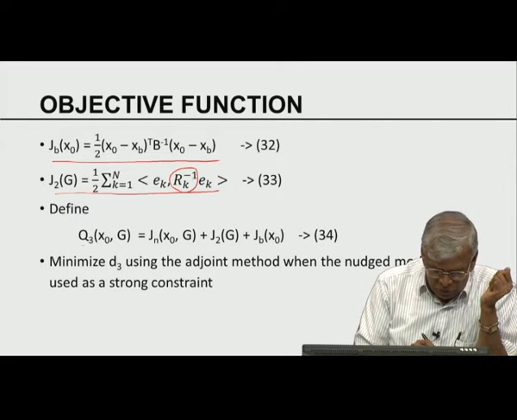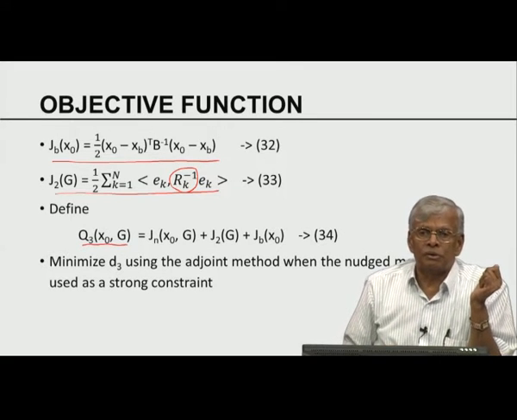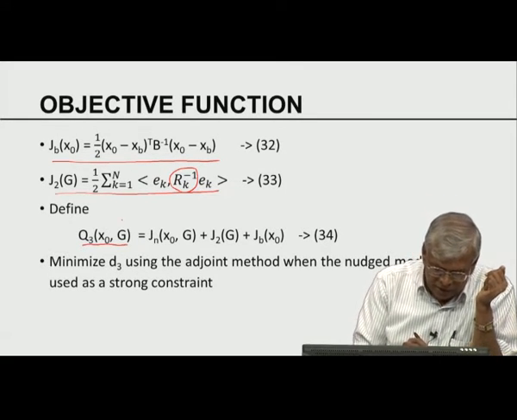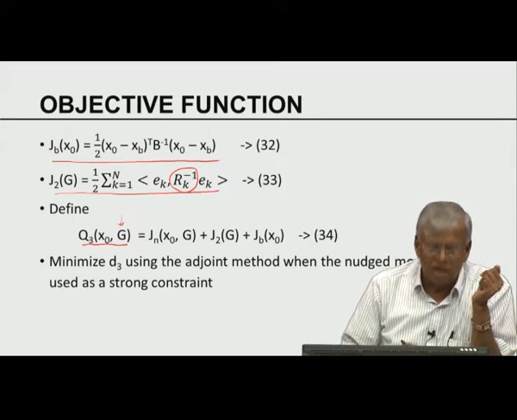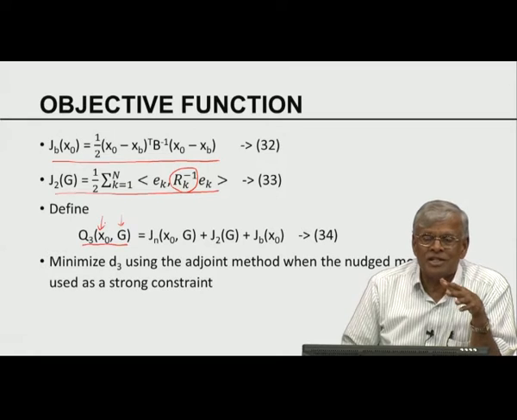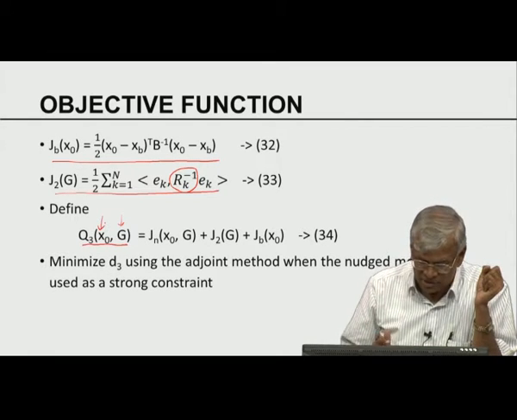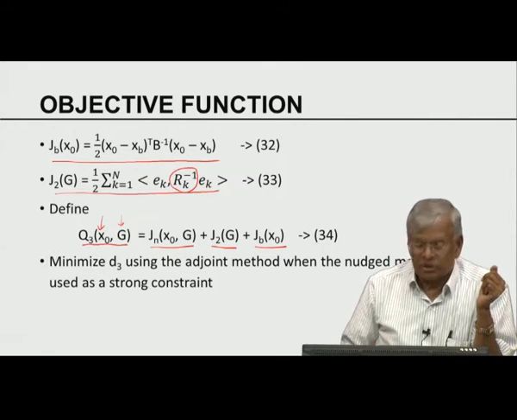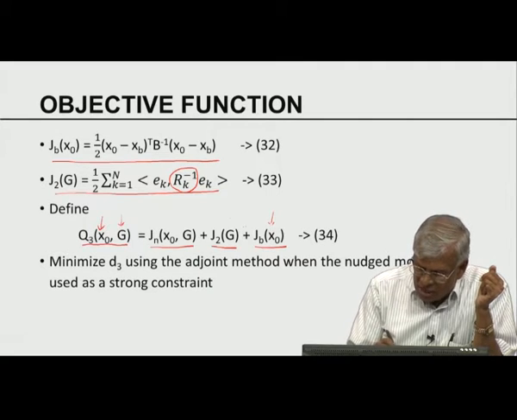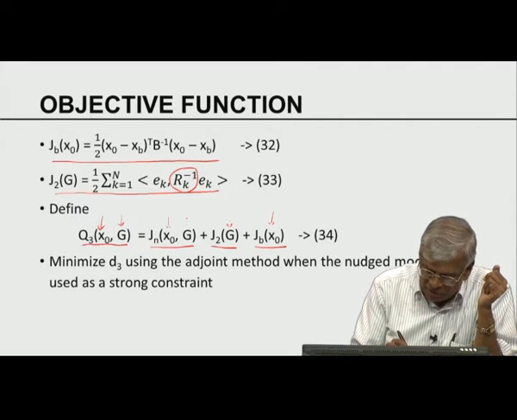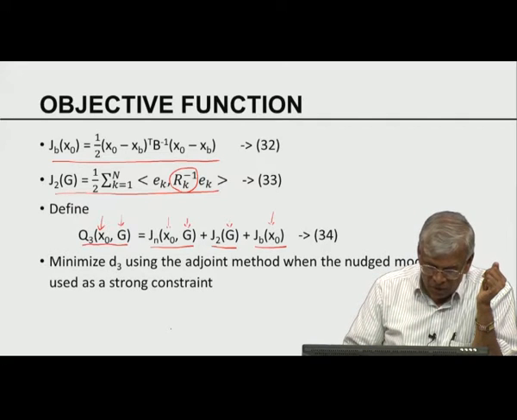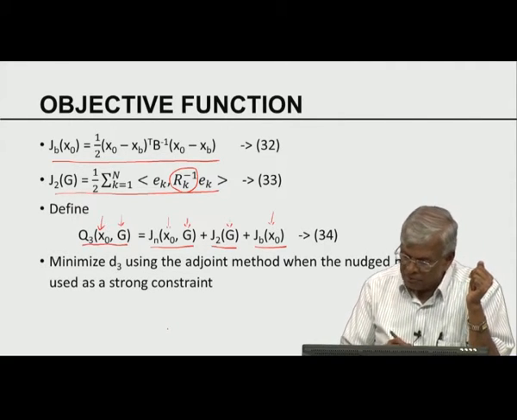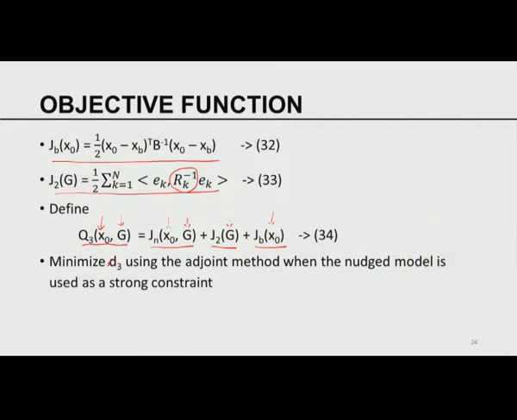So you concoct a new cost function. Please understand, until now we only considered a cost function which is a function of g. Now the cost function is a function of x naught and g. So it is a slightly extended formulation. J2 of g we have already seen, and J_B of x naught. So there is a penalty coming out of x naught, there is a penalty coming out of g, and there is a penalty coming out of x naught and g. So our objective is to minimize Q3 using the adjoint method